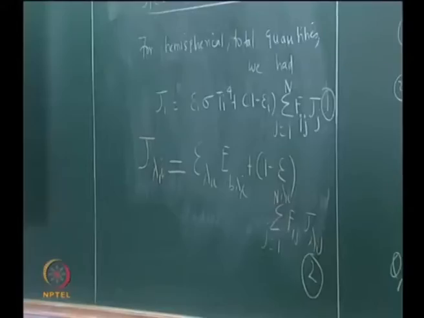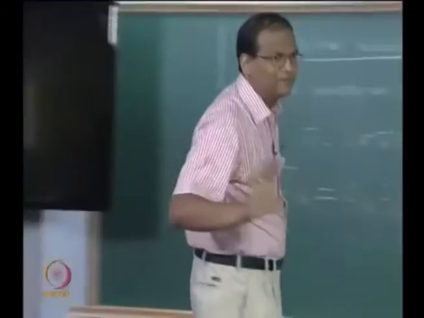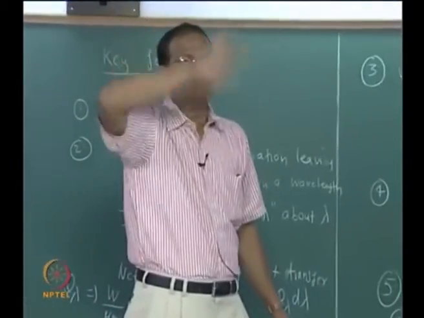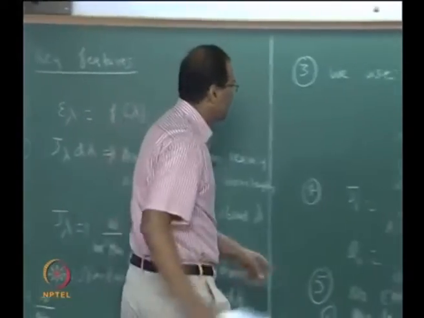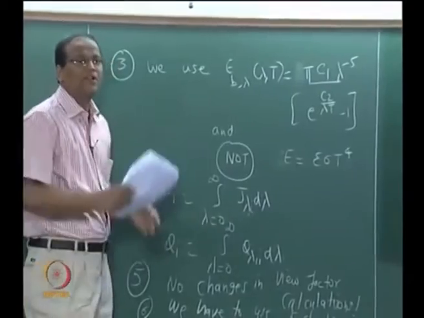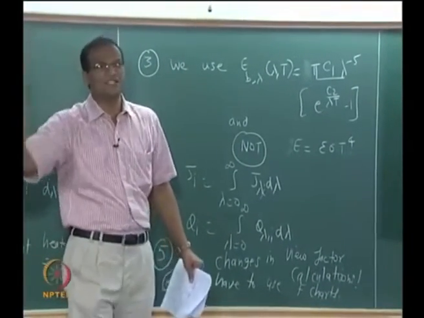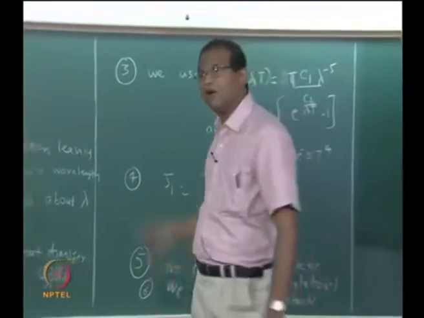Okay. For an n surface enclosure, we will have n such equations for every wavelength lambda, and for every wavelength lambda the n equations can be simultaneously solved to get J lambda. Once you get that J lambda, you can integrate it to get Ji. Then you can similarly get Gi for all the surfaces, and Ji minus Gi is the Qi. Is that okay? So what is the additional labor involved? You have to do all that.